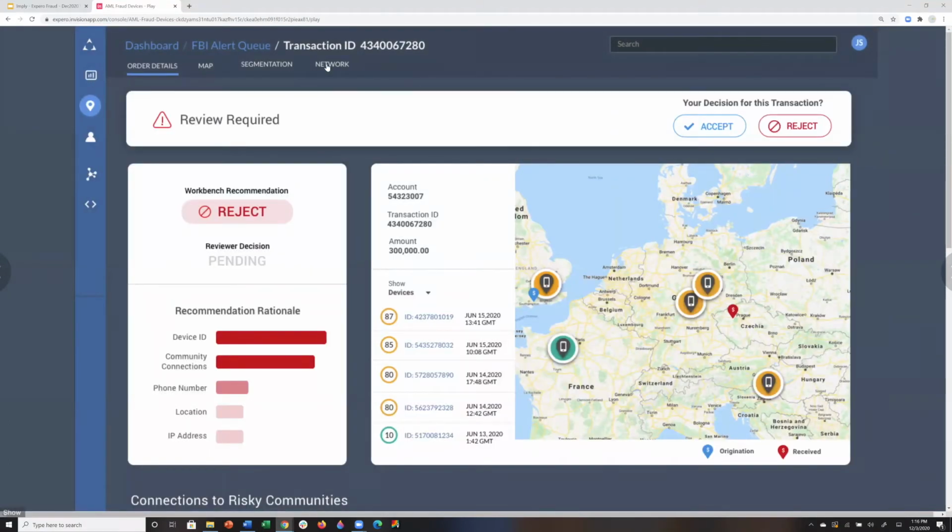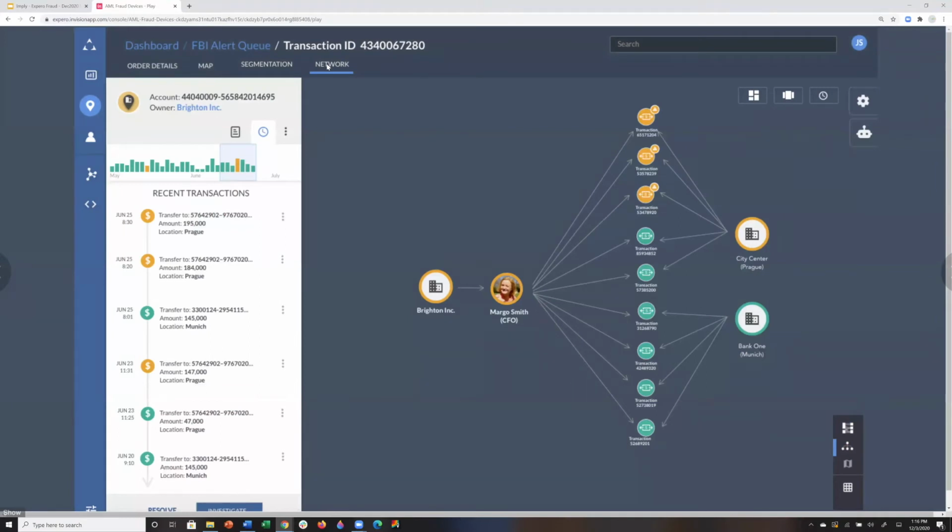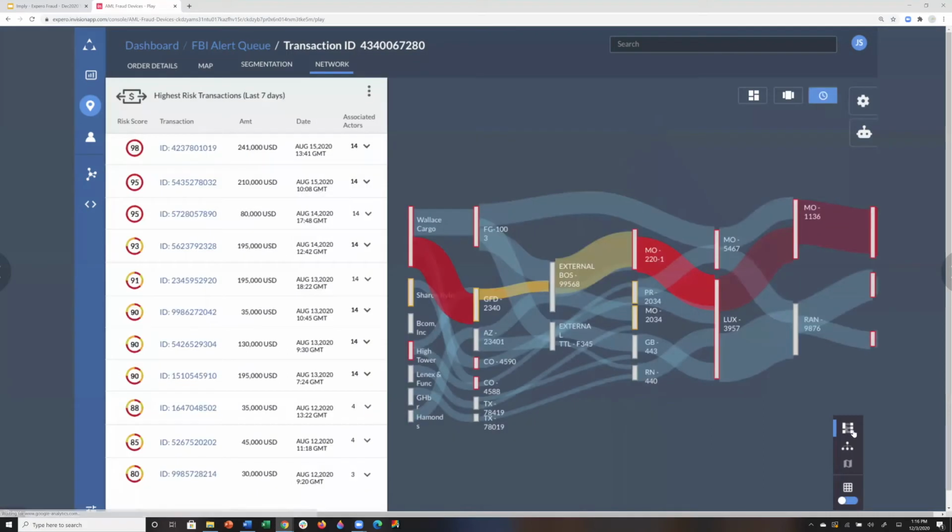The second thing that I can do is I can start to see now what are those connections. I can see now good and bad transactions, right? In this case, I see that there is a shell company, and I see that there's a CFO, and I see that those two people are connected in a different way here for what those elements are. Now, I may want to view this in a different way. Maybe I don't want to see the human in the loop. I actually want to see more of a transactional flow to say, well, where are they coming from and what are those entities? So again, the toolkit that we provide actually has this alternate view.